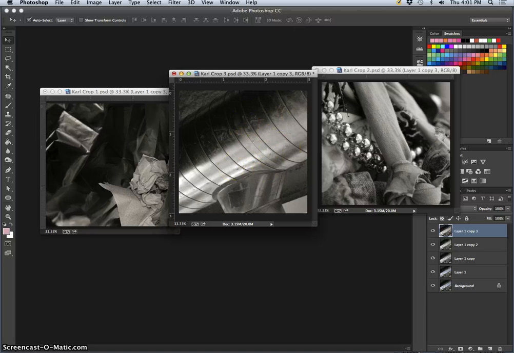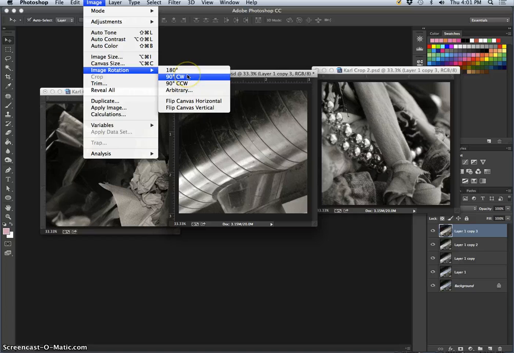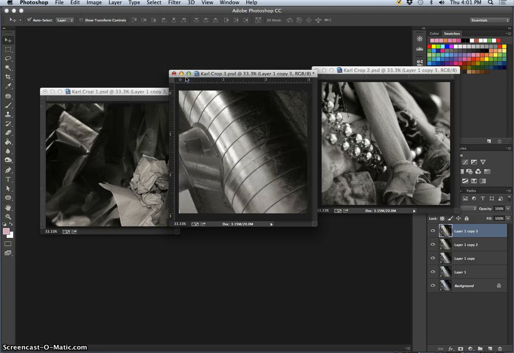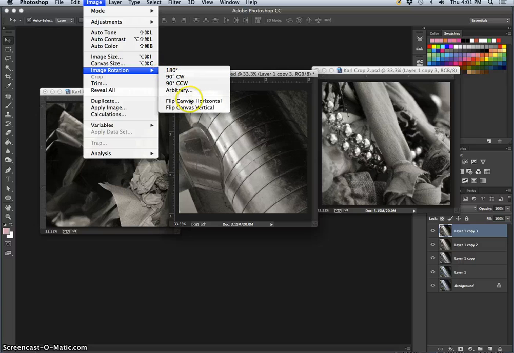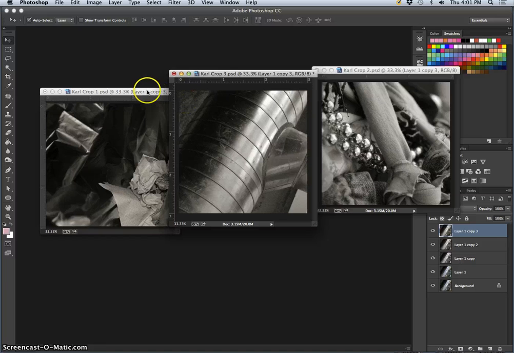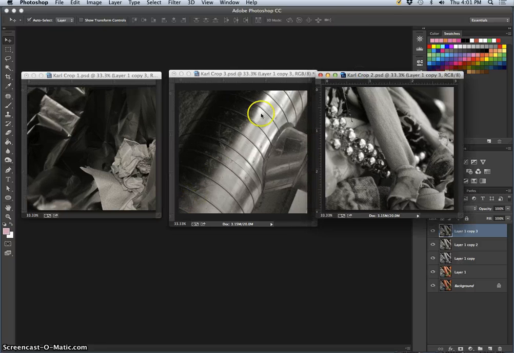So this I want to rotate. So I'm going to go to Image or Edit, Transform. Actually, no. I want to go to Image and then Image Rotation because I'm going to take the whole square and move it 90 degrees clockwise. Image rotation. I can even flip it, flip the negative, and you're allowed to do that. Horizontal or vertical. And I kind of like how that works because I have this strong kind of diagonal to the compositions. So if this is the way I want mine arranged,